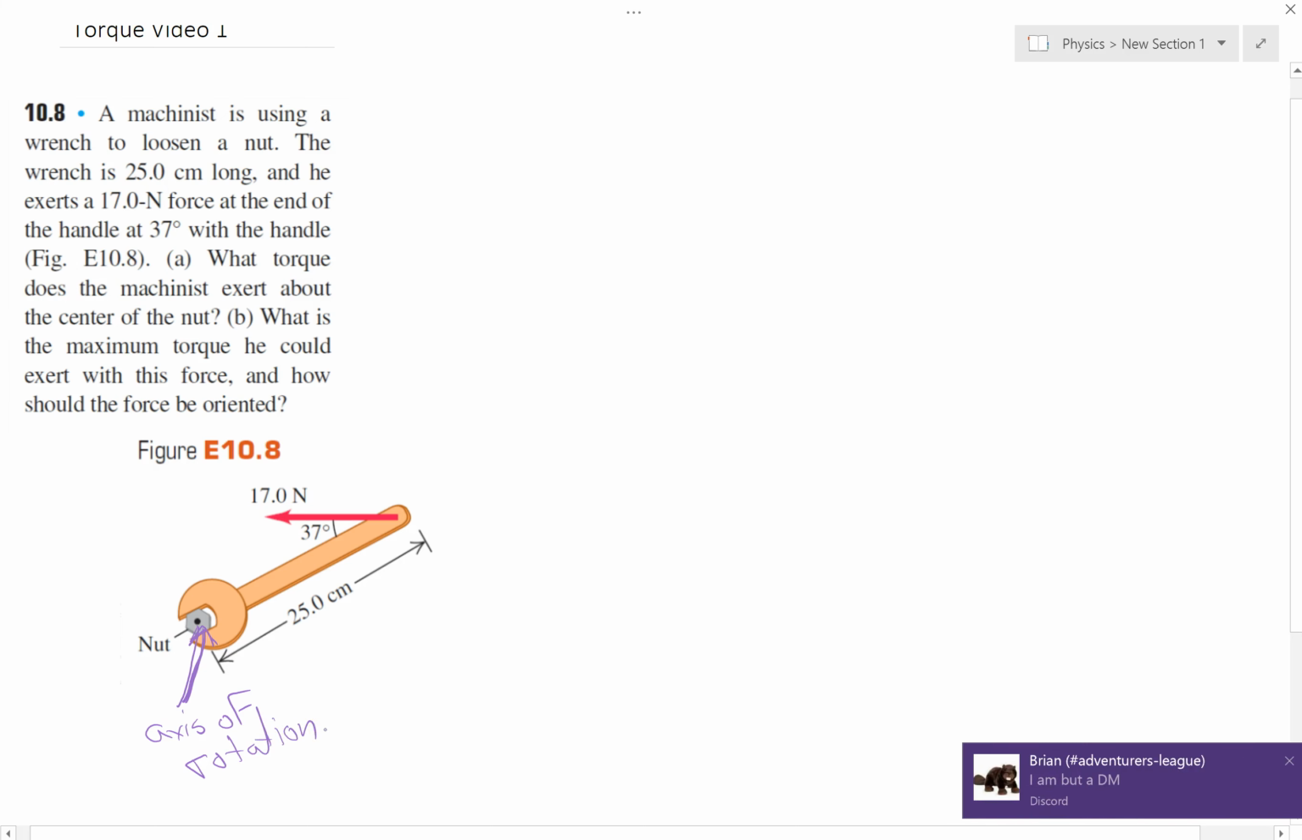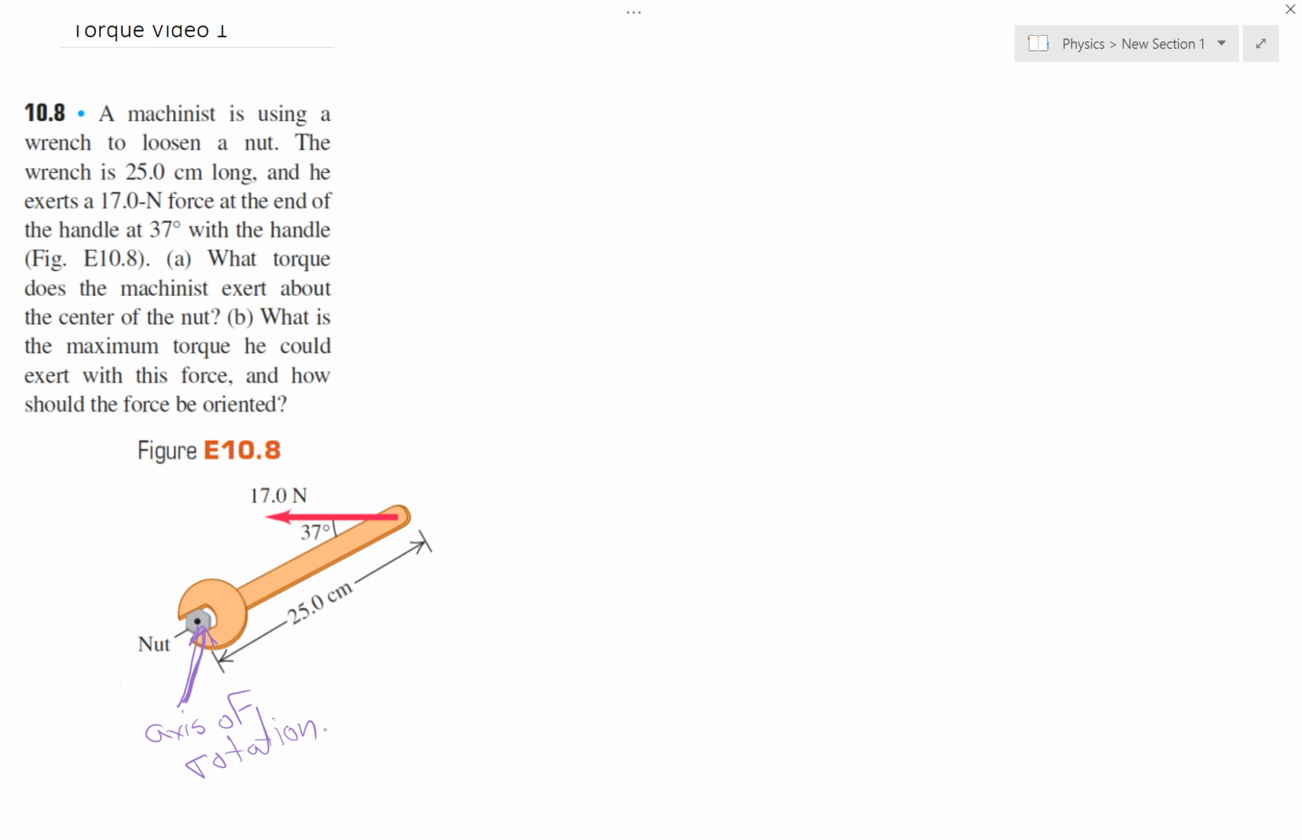That's going to be about which all of this thing is going to rotate. So our lever arm is going to start there, and it's going to go up until the point where the force is applied, which is at the end of the wrench. So it's going to go from here,